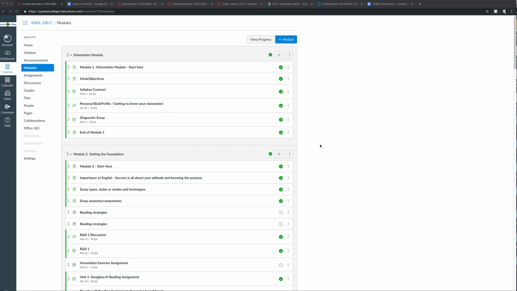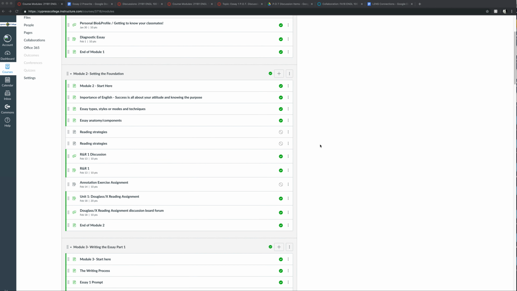Little preview of how I teach the writing process in my English 100 class, specifically for the first paper. I try to make it as methodical at first, going over every step, and then the essays after that, we kind of progress and do things a little bit differently, and spend less time on the actual process. But for instance, in Module 2, I start off the writing process with the reading assignment,